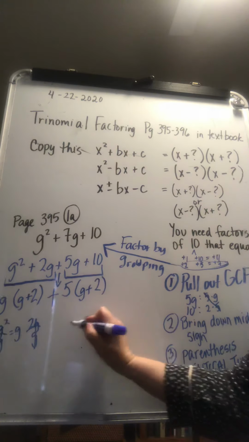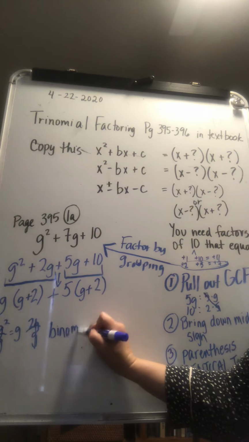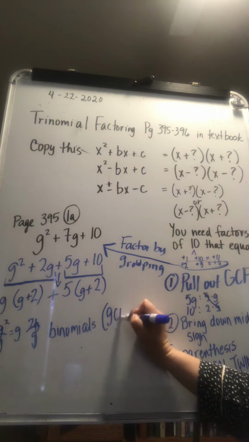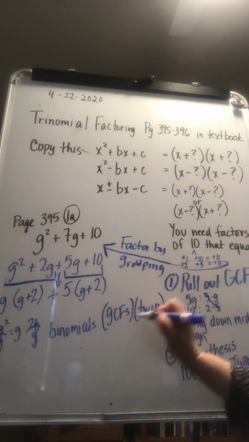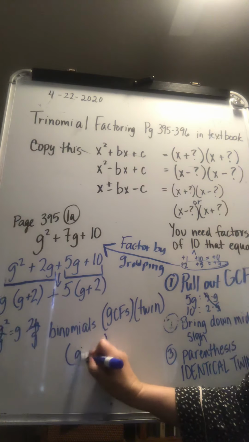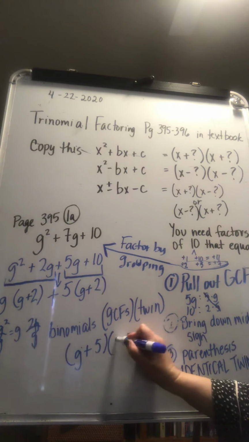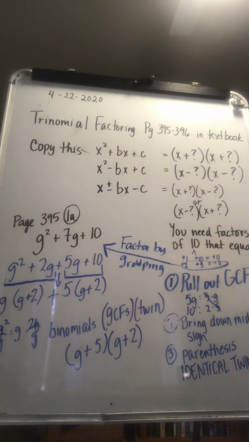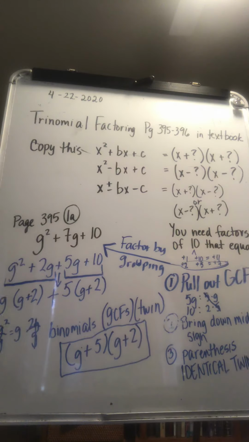So now my binomials are the GCFs and a twin. So with my GCFs, I have g plus 5, and my twins are exactly the same, and I only need one of them, g plus 2. And here's my final answer, and you can check your work with FOIL, which we're going